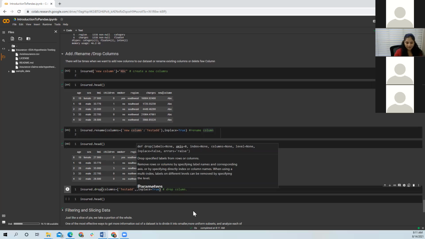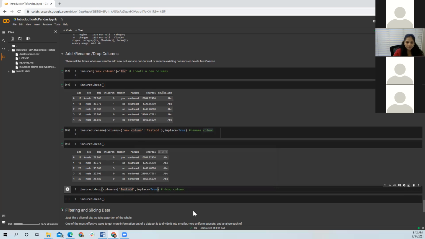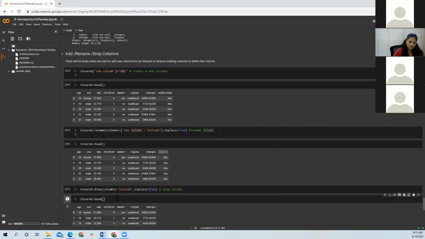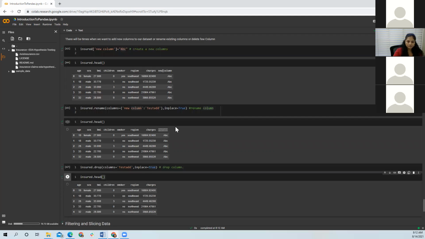But here I don't have any other column to delete, so I will just use this. We'll check. After all these operations, it is always good practice to check how it has affected your data set. So this test add column has been dropped.